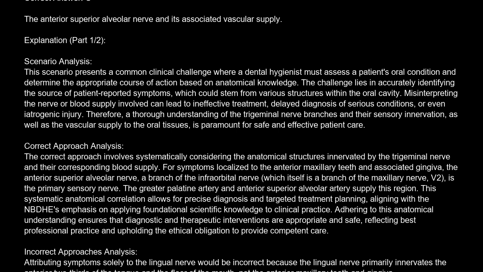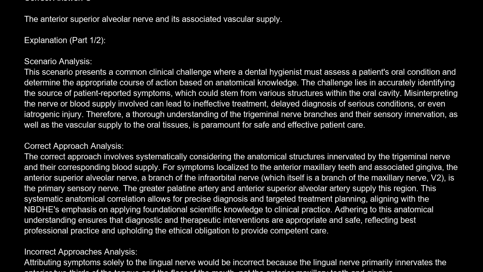cavity. Misinterpreting the nerve or blood supply involved can lead to ineffective treatment, delayed diagnosis of serious conditions, or even iatrogenic injury. Therefore, a thorough understanding of the trigeminal nerve branches and their sensory innervation, as well as the vascular supply to the oral tissues, is paramount for safe and effective patient care. Correct approach analysis. The correct approach involves systematically considering the anatomical structures innervated by the trigeminal nerve and their corresponding